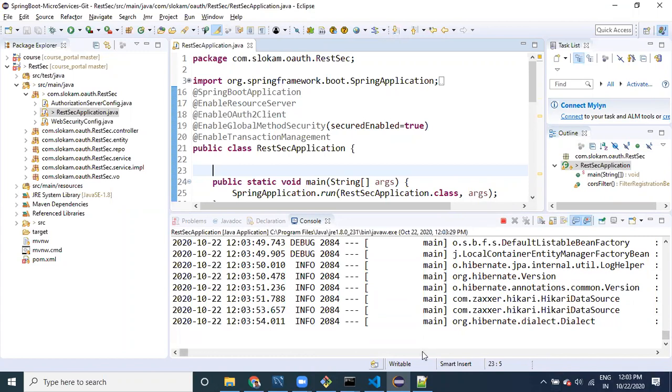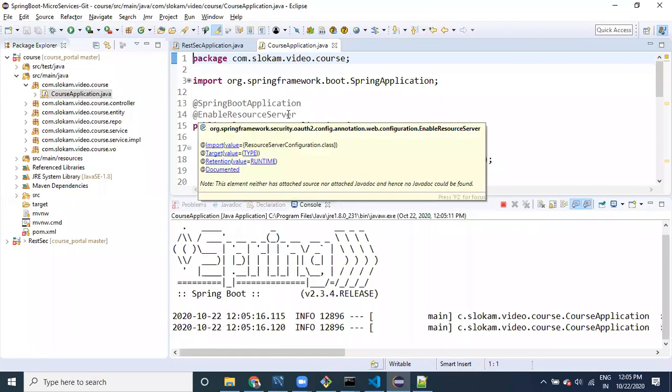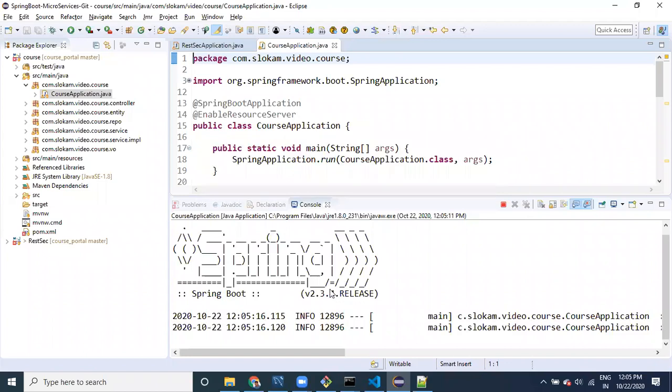One second. As early as possible, guys. Run the second application also. All these steps you know already.